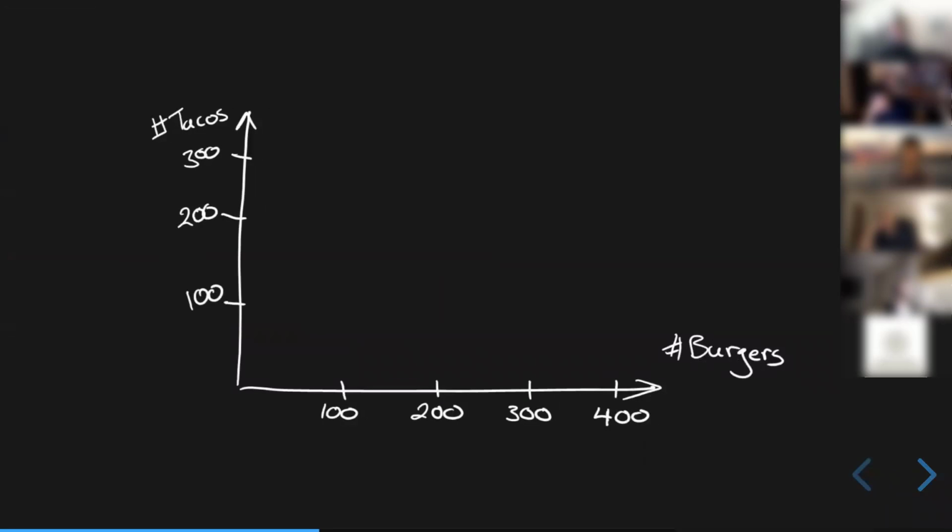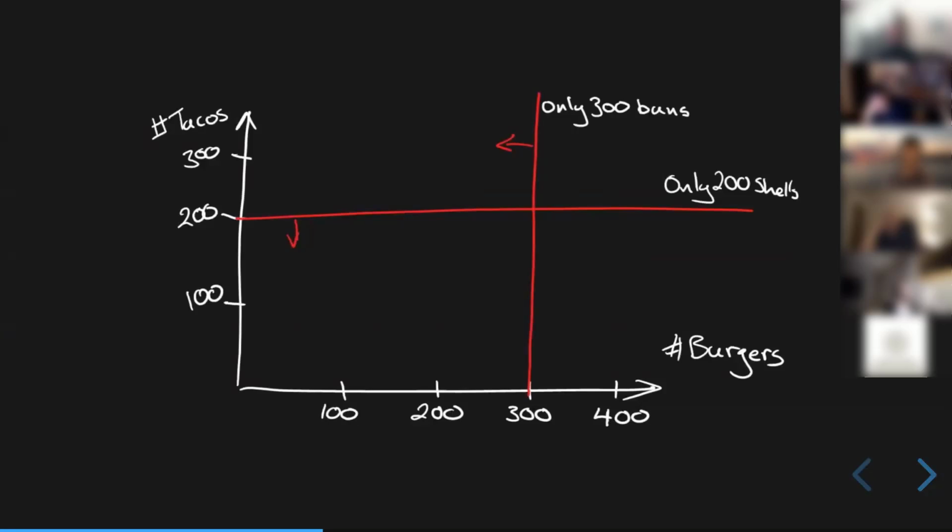So in our case, I'm going to draw this out so we can visualize it. On the horizontal axis, we have number of burgers. And on the vertical axis, we have number of tacos. And now I'm going to visualize that problem by drawing some things on this page. If I draw the taco constraint, I only have 200 shells. So my solution has to be below this red line, which is why I have a red line and an arrow pointing down. So I know the solution is going to be below this line.